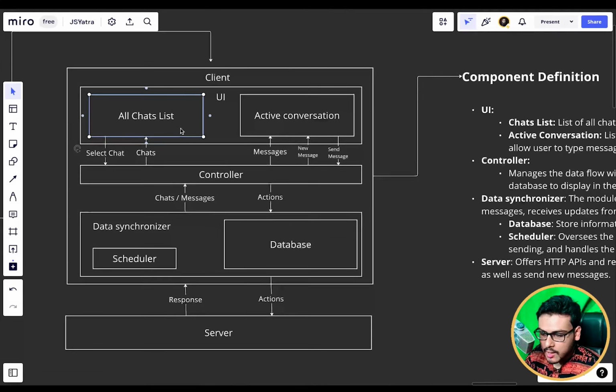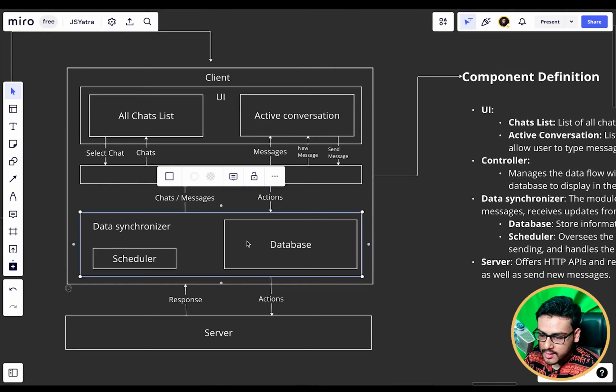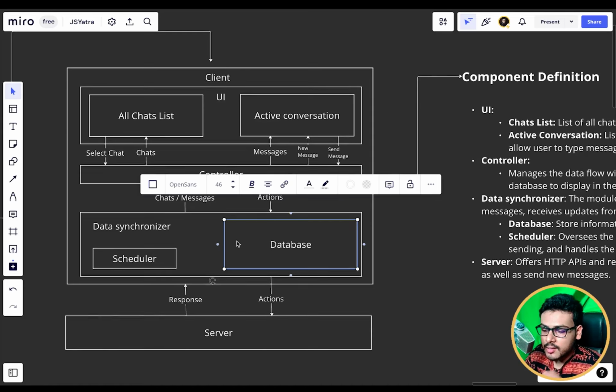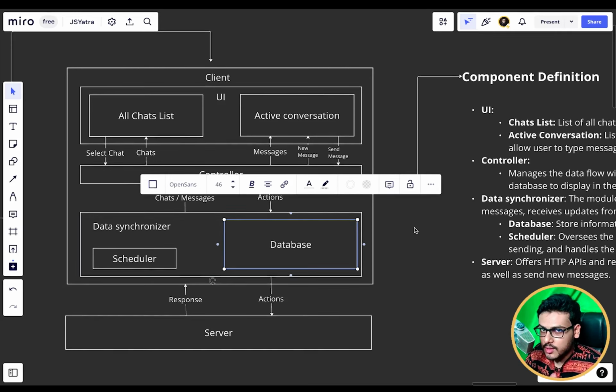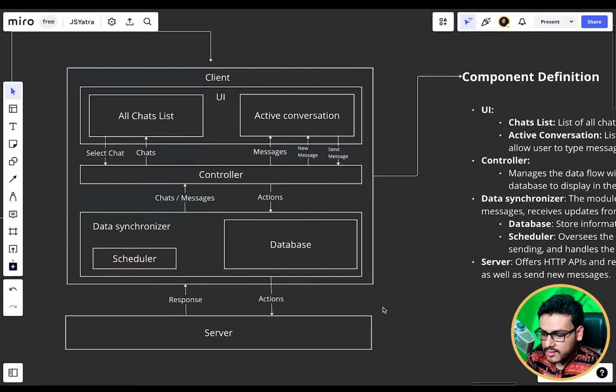So see, this is all very much organized, and the major advantage of having a database is that even if you refresh your application, whatever the current state of this application was is going to be retained inside the database. So we can ensure that the order of the messages, the manner in which they were sent, and the timestamp are going to be perfectly maintained, because we have a localized version of the database. And once the website is running, we can update this database, and this database will act as a source of truth for us. So this was all about this architecture diagram.